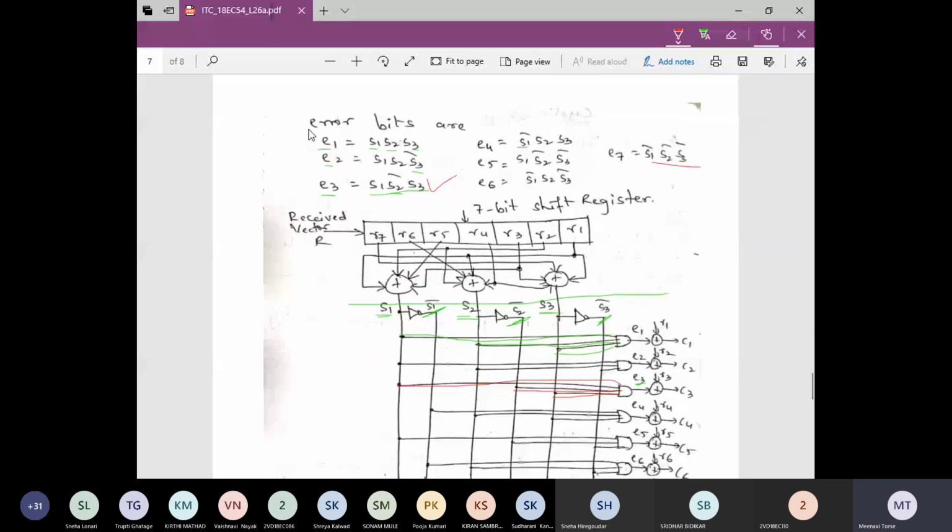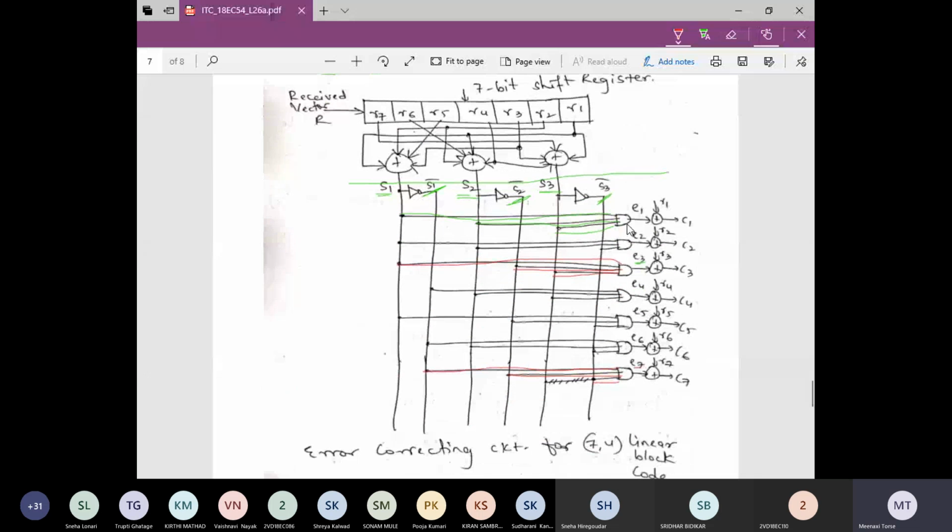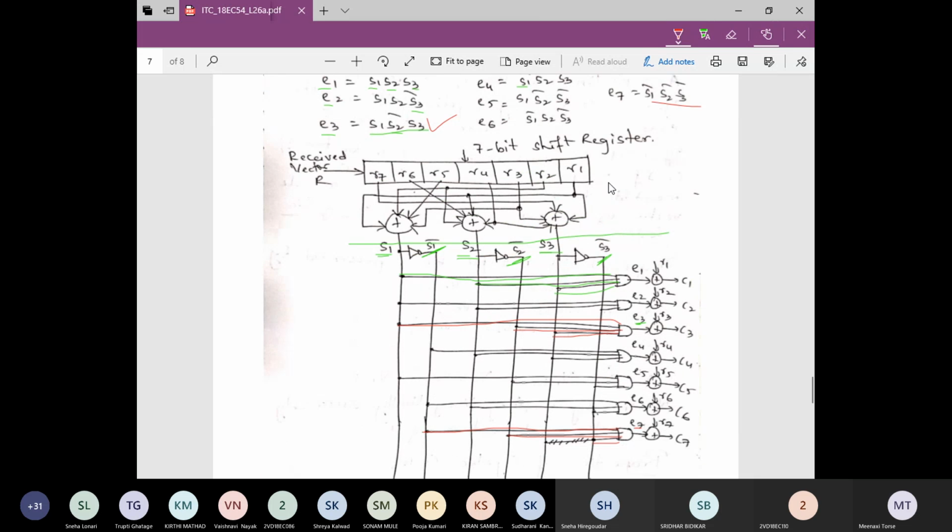Using the syndrome column, all these error bits are written, and these error bits are used to construct the decoding circuit. So E6 is S1 bar, S2, S3 bar. Once you make all the error pattern connections,